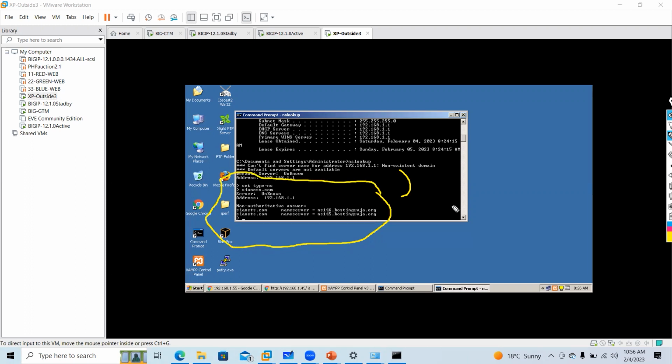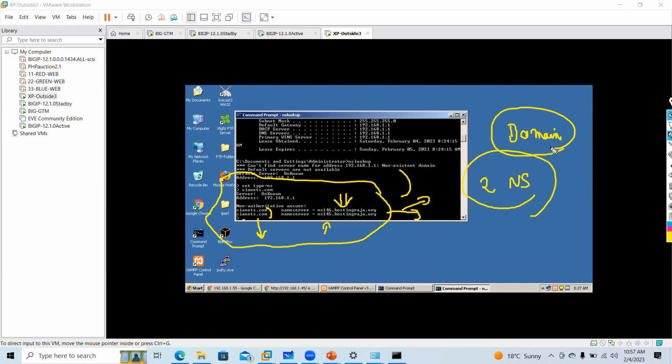I wanted to see what the name servers are, who is managing my sianets.com record. Hosting Raja is managing my sianets.com record. Can you see this, guys? These two servers are maintaining my records. This is how you can check. These are my servers. Why are there two? Can anyone tell me why there are two name servers for every domain?